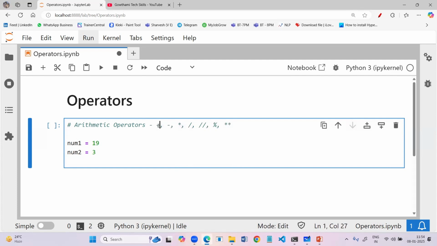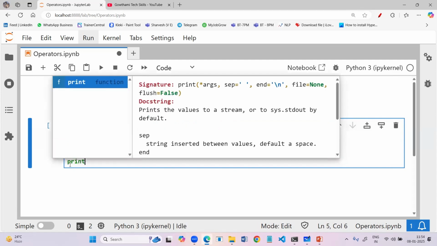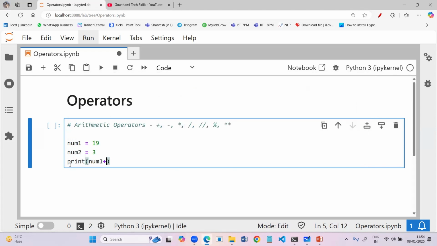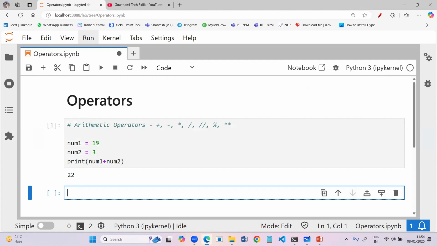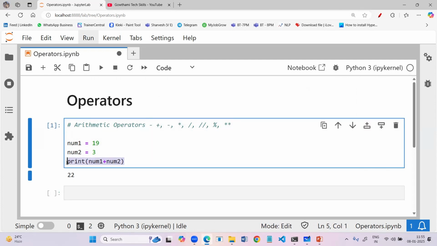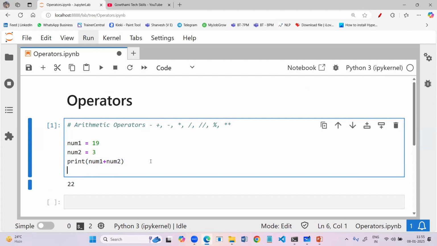Now I'm going to use each and every operator in between these two variables and print those values. Let's print num1 plus num2. If I run, you will get the output for 19 plus 3, which is 22. In the same way, I'm going to use the subtraction symbol between those two values and run the cell.